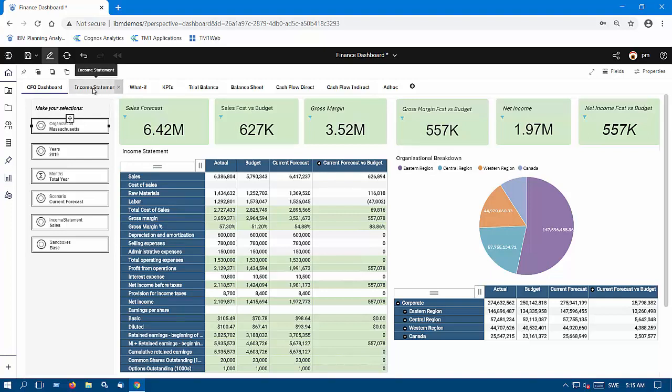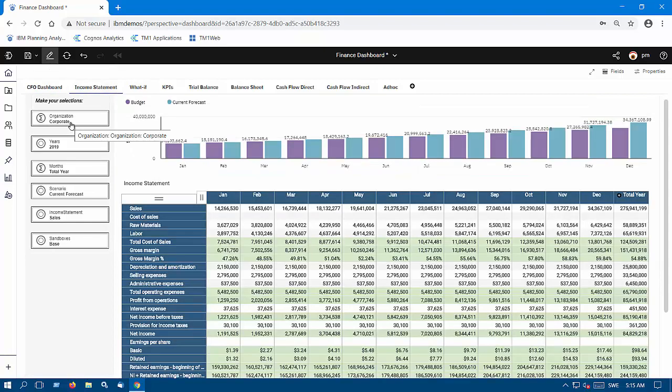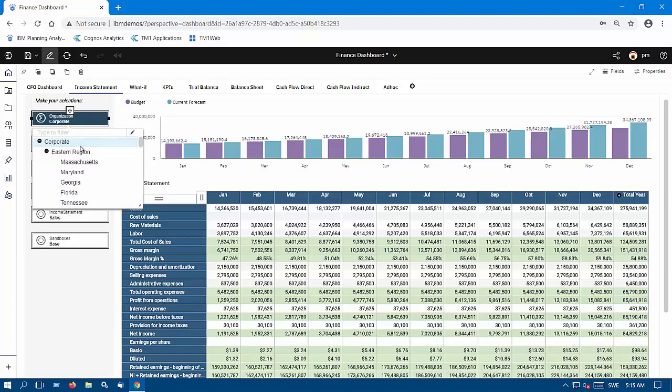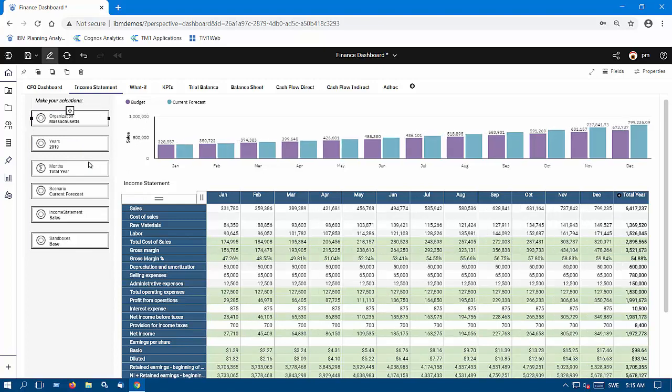If we move further along to the income statement, the same applies here. We can filter on years, months, current forecast, etc. And the dimension filters are common throughout the model and can also be leveraged here, of course. When filtering Massachusetts, we can see the monthly sales, the current forecast, but also against the budget that we outlined earlier. If we move into the KPI tab,